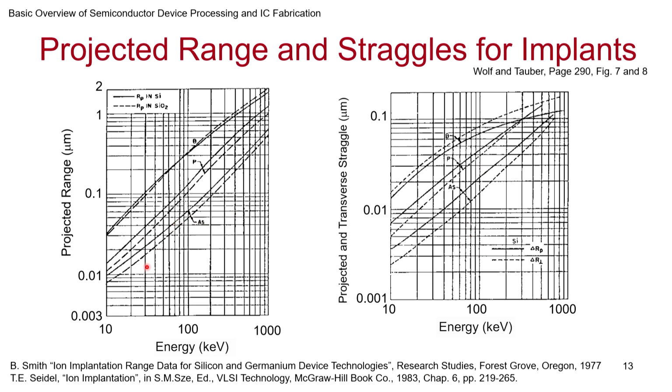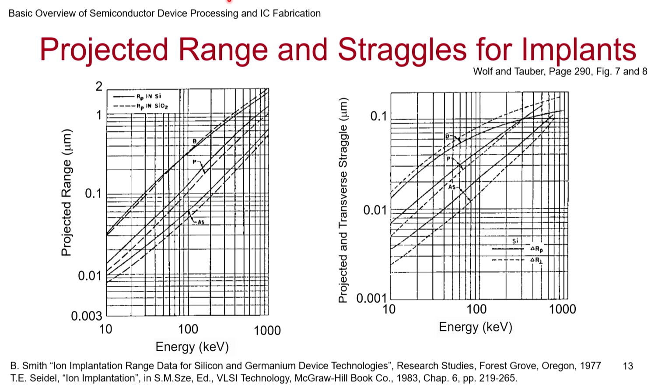Now, if you look at it, notice, here the range is given for silicon and silicon dioxide. Silicon dioxide, of course, is amorphous, and for silicon also, you are assuming that there is a thin layer of amorphous on top to make this quite accurate. So, if you look at it, for silicon and silicon dioxide, boron is similar. Why is that? Because it's electronic stopping. Whether it's silicon or silicon dioxide, it's electrons or electrons. So, it's not making much of a difference, and you can see it is similar for boron. Whereas phosphorus and arsenic are different because it is nuclear stopping.